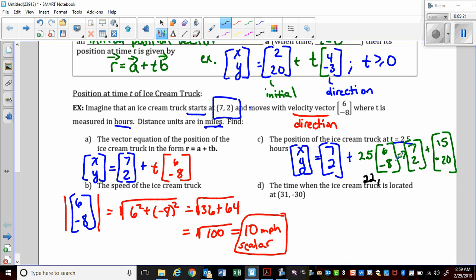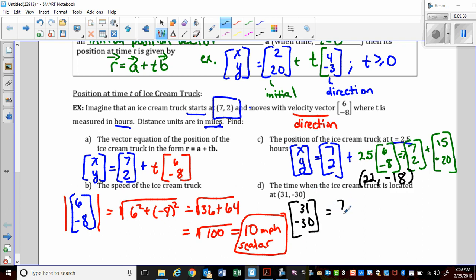And 2 plus -20 is -18. And this is going to be the position of the ice cream truck when our time is 2.5. This is my position. The time when the ice cream truck is located at 31, -30. So they're telling you what my position is. So 31, -30